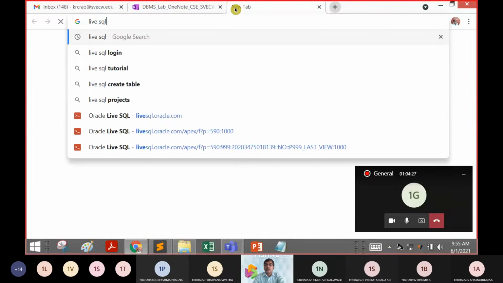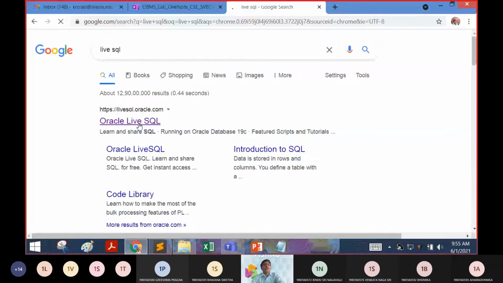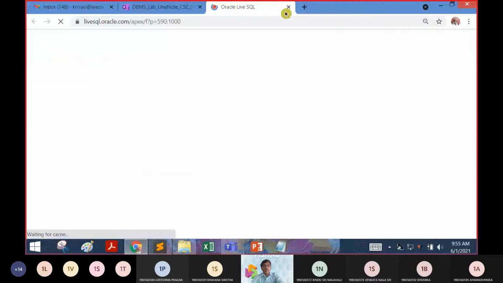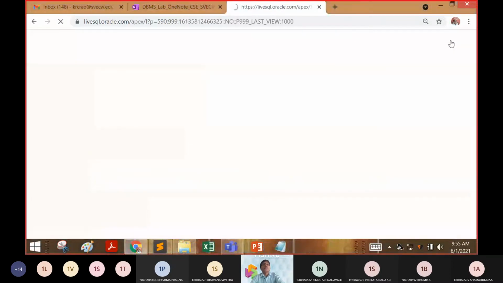We will open live SQL. So in the live SQL, we will start executing our min-max trigger. So for this, we need to sign in.